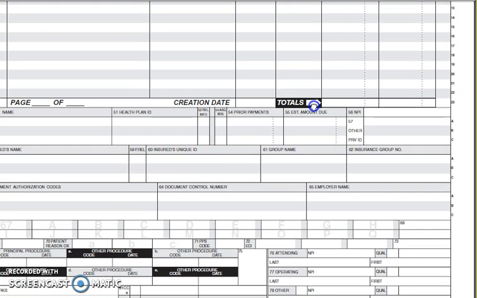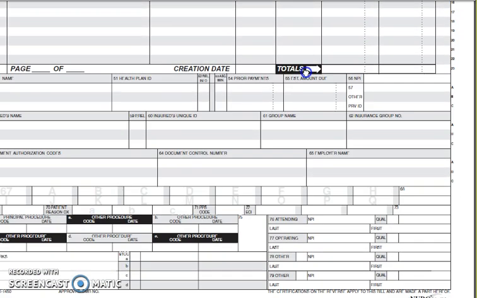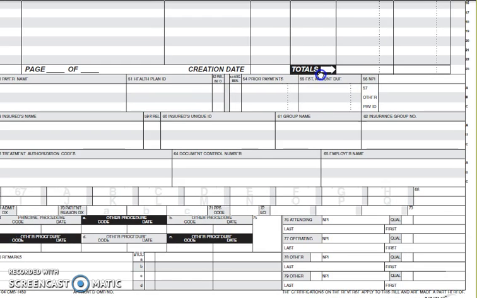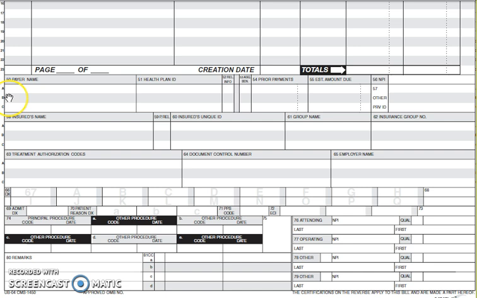We will address now the bottom of this form, and we will do this very quickly. Form locator 50 is the payer name, and if there's a particular health plan ID, this would be the information of the insured's ID, or if there's a particular plan ID within the facility. If there are any prior payments, those would be in form locator 54, and if there are NPI numbers associated with that plan ID. The name of the insured, again,